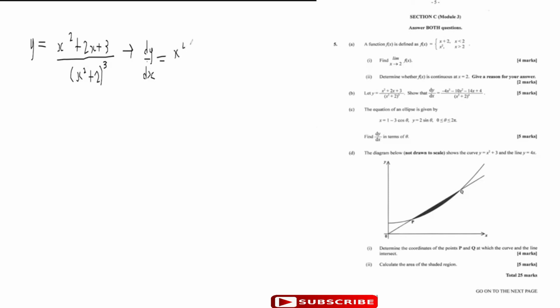So you get x squared plus 2, all cubed, so you start with the bottom, times the differential of the top. The differential of the top is 2x plus 2, minus the top. And the top is x squared plus 2x plus 3